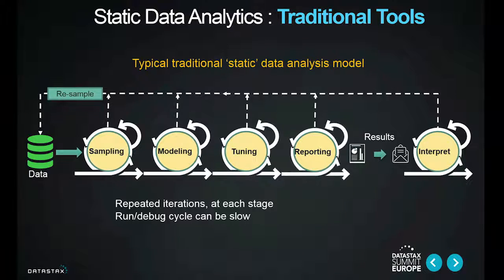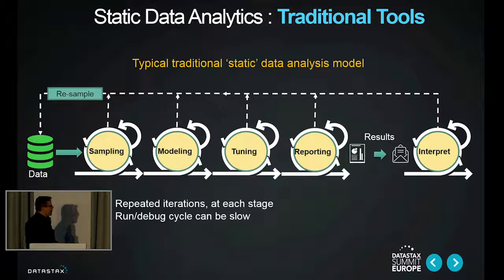So you take your data, you sample it, you might read it into a relational database or something, build out a schema, and then do some modeling on that data, and then ultimately get to the point where you're doing some reporting and hopefully deriving some meaningful analysis, and then you share that data with your consumers. And ideally that would be shared, for example, via some sort of web page, but in the worst possible case, you'd be sticking a spreadsheet in an email and then sending it out to people to review. They look at that data, they might not like your conclusions, or they might want you to tweak something or change something, so you go back to the beginning of the process, and again, it's a very iterative, slow cycle.